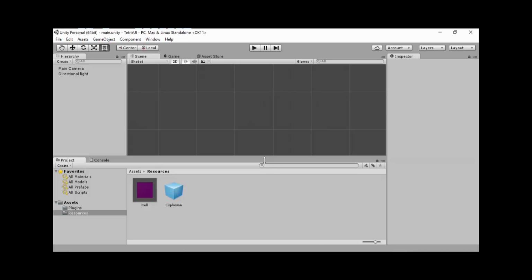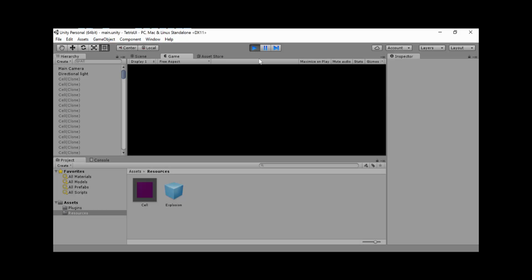Actually, let's start to look at what the game looks like just by clicking on this play button. Okay, so that launches the game in the game view, and you can see that there's this little piece that is going down. I can move it left or right with the left and right arrows, and then if I press up and down, I'm going to just change the orientation, and if I hit space, it's going to bring it down to the bottom. Now, I'm not very good at Tetris, but I'm going to try to do a whole line to show a little bit of an animation that was developed for this version of Tetris, just when the